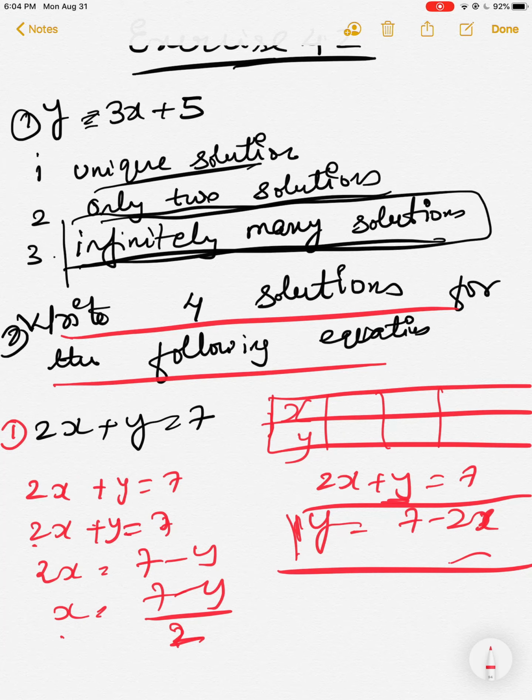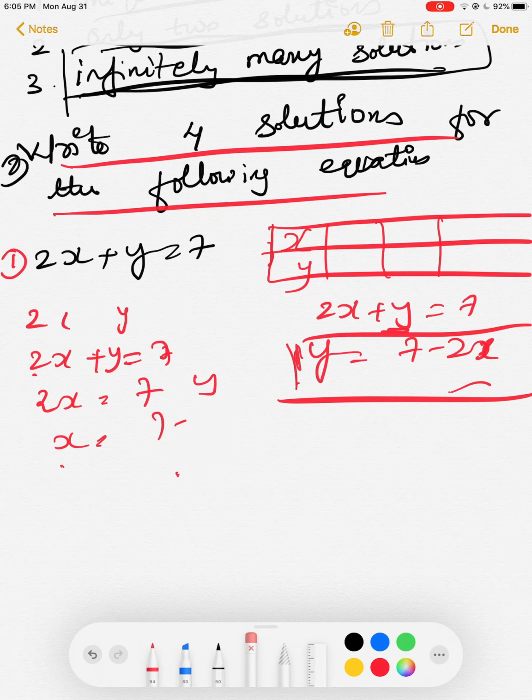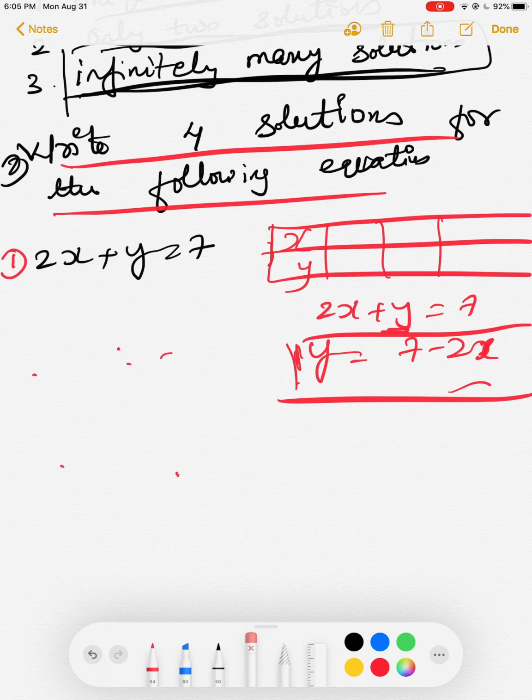You just have to substitute the x value and subtract from 7. If both have coefficients, supposing y has 3 and x has 2, then in such a case we have to pick any one, because in both cases we have to divide by either 2 or 3. So if we bring y, we don't need that extra step. Let me rub this out. We are not choosing x, we will choose y, because the coefficient of y is equal to 1.